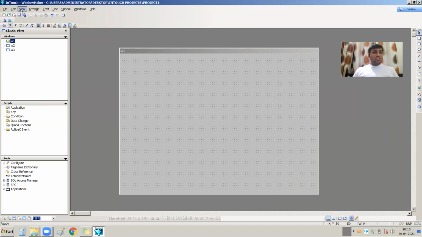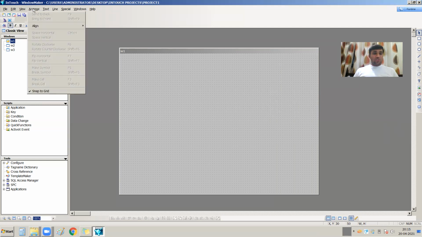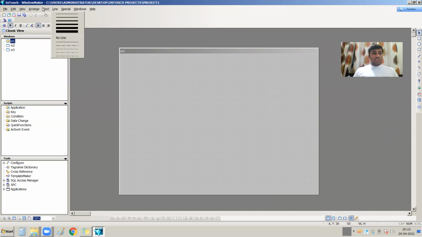You can see that while opening one particular window, another menu becomes available over here. In the window maker screen you can see the arrange menu, text menu, line, special window, and window properties.